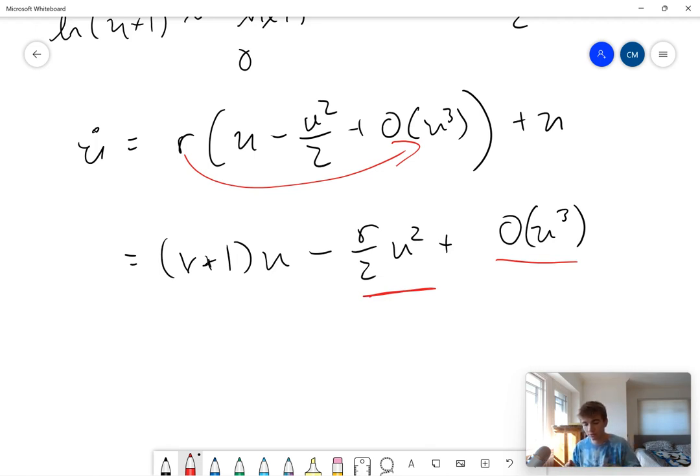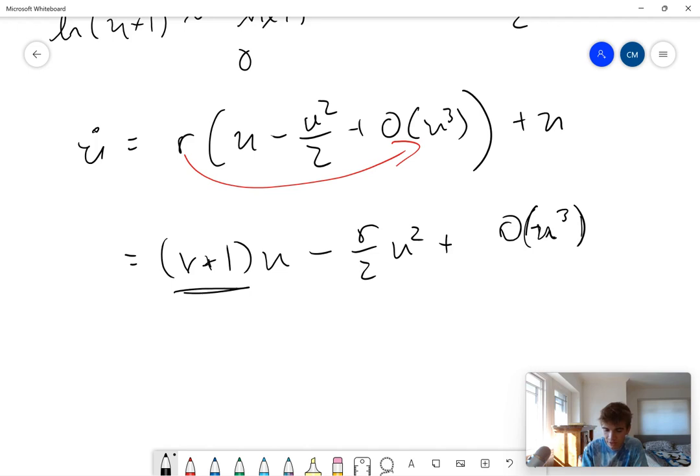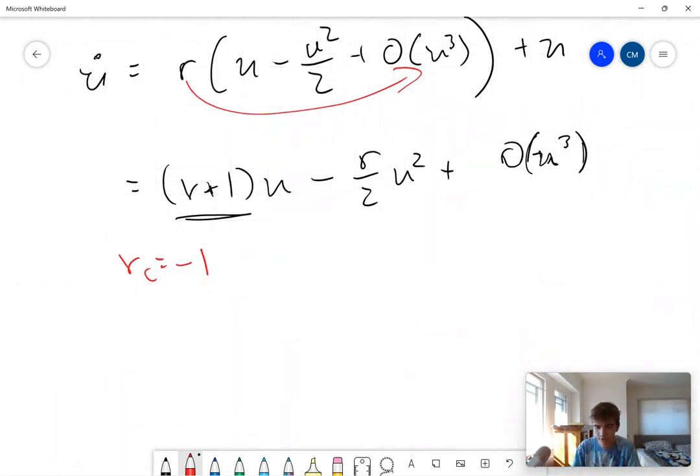So it would be much more complicated. However, we can observe that in this case, our critical value of r is actually going to occur at r critical is -1, because we only care about when the coefficient of the linear term goes to 0 in the transcritical bifurcation. Okay, and so now that I observe that the critical value of r is at -1, and I can see that this is indeed a transcritical,